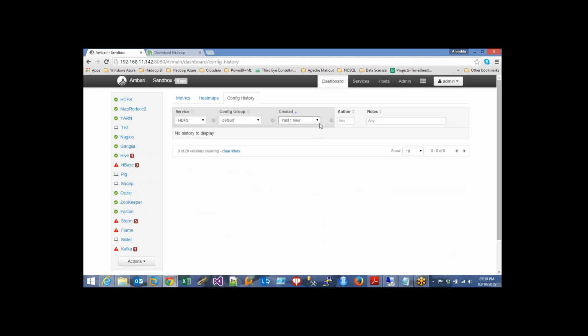I could search over there, like past 1 hour. In the past 1 hour I didn't do anything, so I could check in the last 2 days or in the last 7 days the types of operations that have been done, and based on the author. So I could search over there for whatever operations have been done. Similarly,